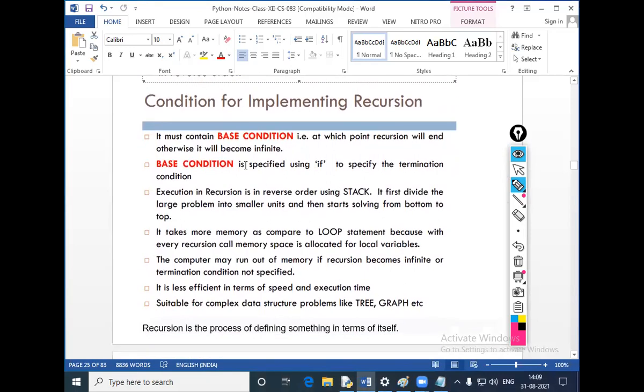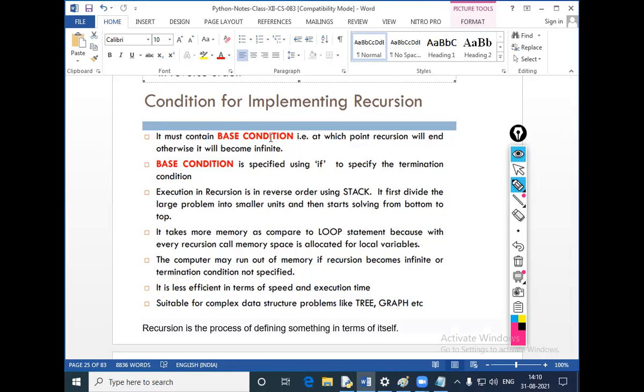Condition for implementing recursion. Again, the most important thing. What is the main condition? It must contain a base condition. That means there should be some base so that we can calculate it, at which point recursion will end.